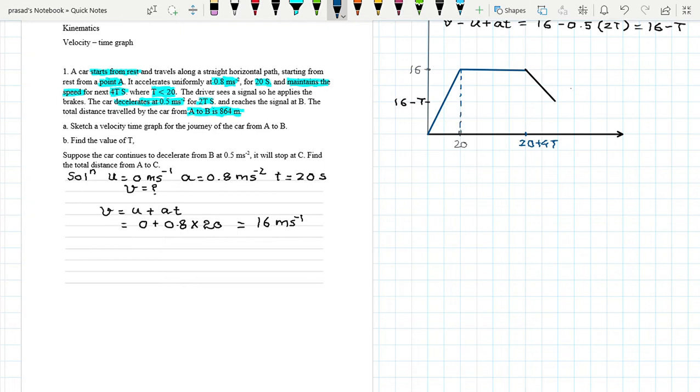First it is a right angle triangle, then there is a rectangle here, and then there is a trapezium. Now since the car is decelerating for the next 2t seconds, this will be 60 plus 2t, that is 6t plus 20... so the total area under the graph